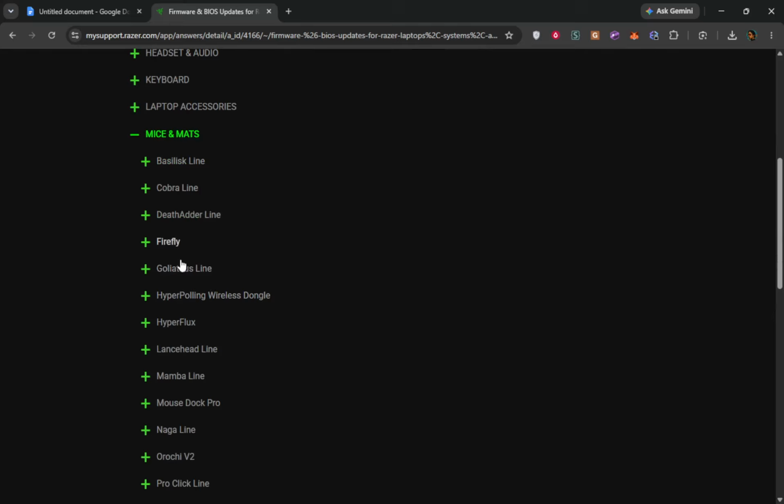With that ready, you can enjoy the enhanced performance and new features that come with the updates. Regularly checking for updates will keep your device in top shape. Staying updated also helps to minimize potential issues and maximize your gaming experience.